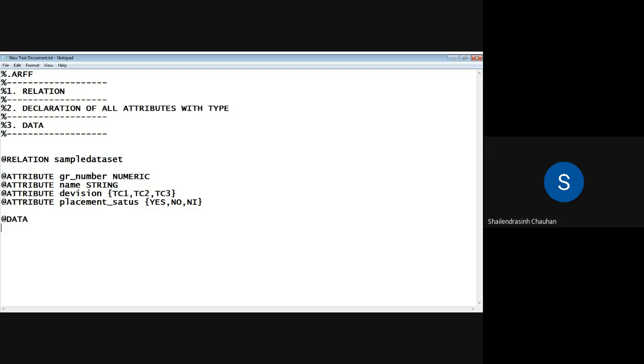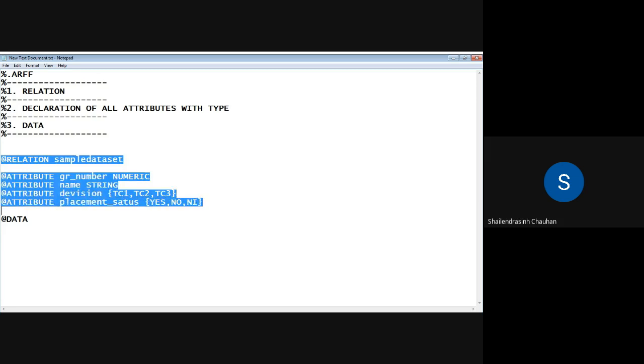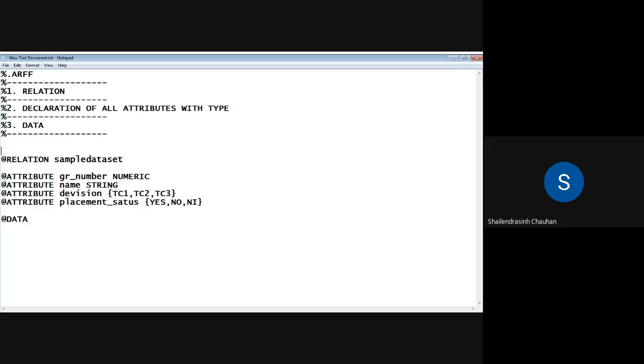Now we have successfully created two parts, first and second. Now it is time to add the data, that is instances. Ria is asking whether it is case sensitive. No, you can have small fonts also, but this is just for our reference, that this is the name and this is its type. That is just for my reference. Fine. Now it is time to add the instances.